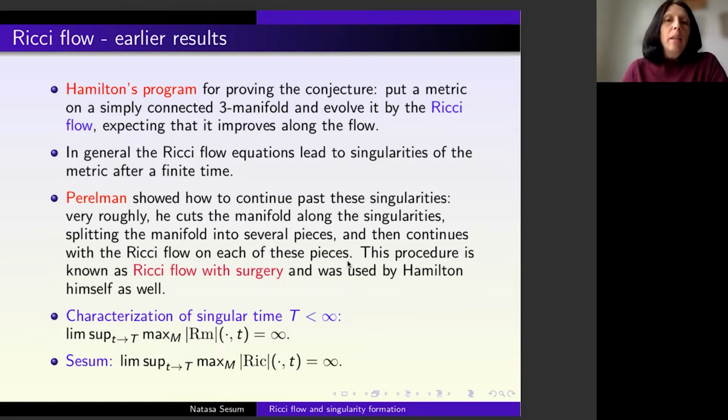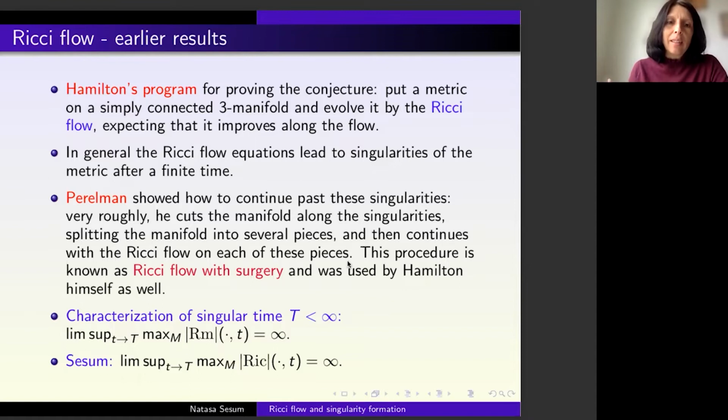The Ricci flow in three dimensions and higher is not as easy as in dimension 2, because even more complicated singularities occur after a finite time. And what Perelman did is he showed how to deal with those singularities, how to continue the flow past these singularities using something which is called a surgery, right? So he runs the flow then until